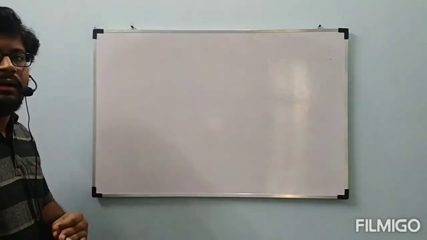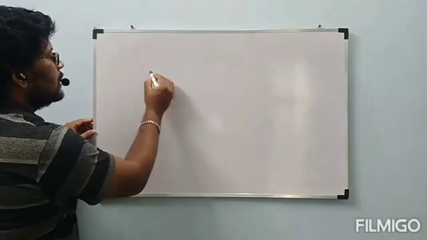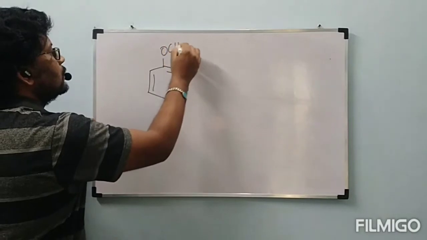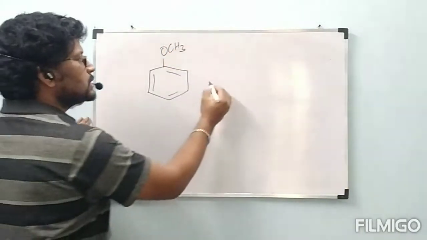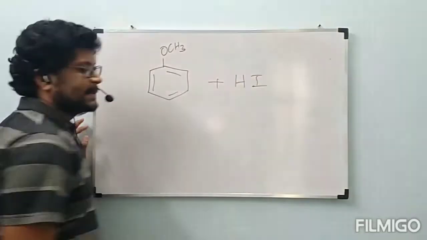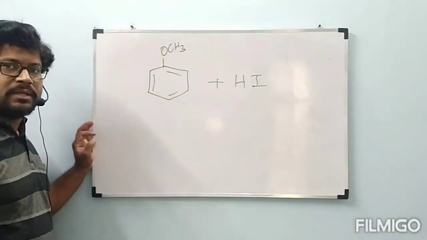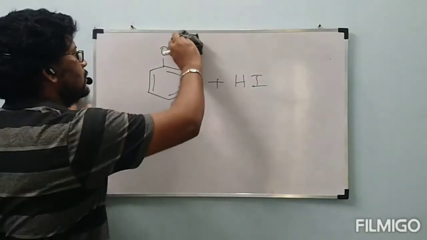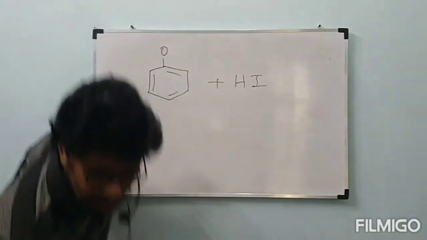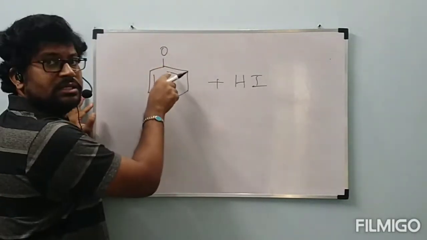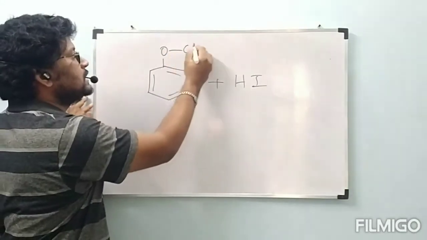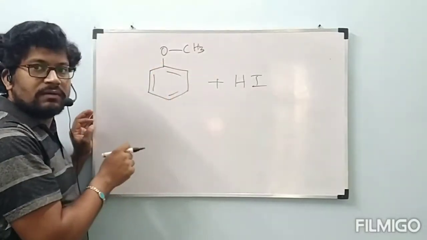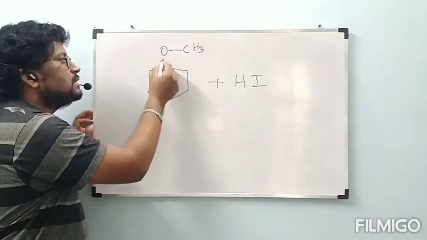That is, when anisole undergoes reaction with HI. Okay, remember carefully, anisole contains C6H5OCH3. Now this bond and this bond, out of this one, oxygen which is involved in direct